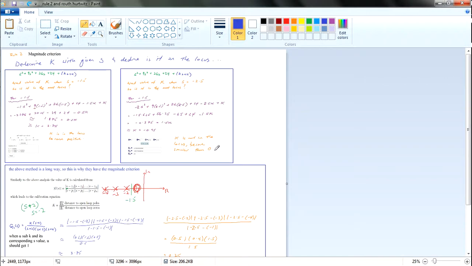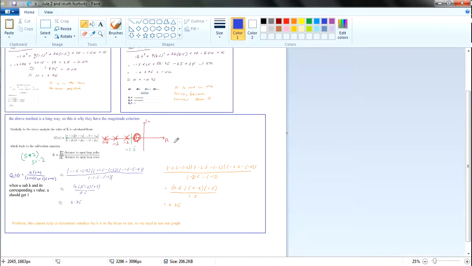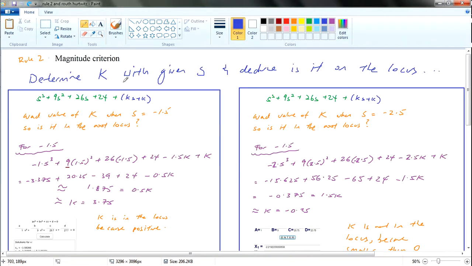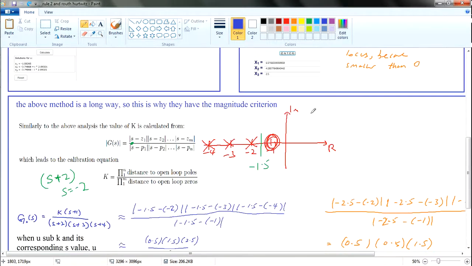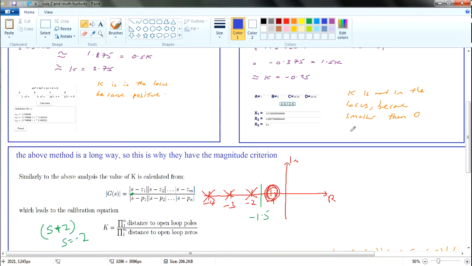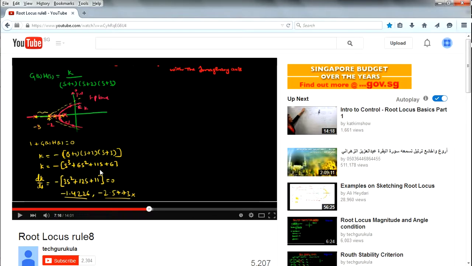Okay, and then I recommend you to watch the Routh-Hurwitz video. So typically, as you can see, we are determining k if we're given an s value, right? So what if your root locus is, let's say, you have 3 asymptotes, and then your root locus is over here. So you are trying to determine what is the value of k over here, right? So what are you going to do? Before that, I recommend we watch together. So let's see.